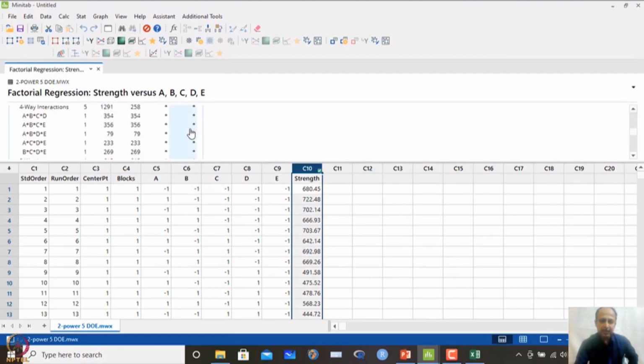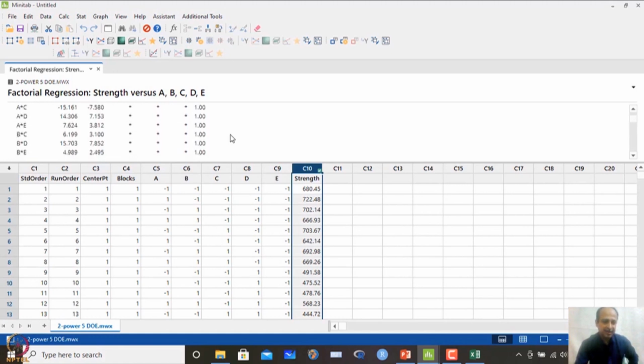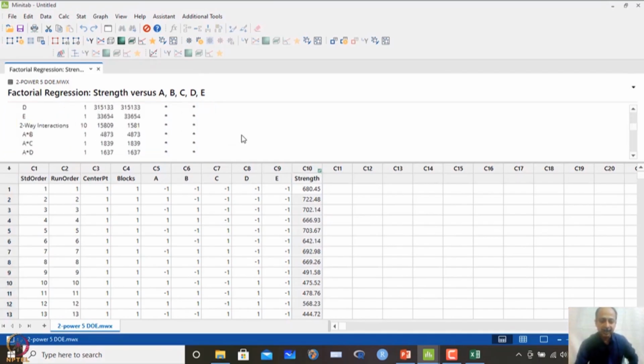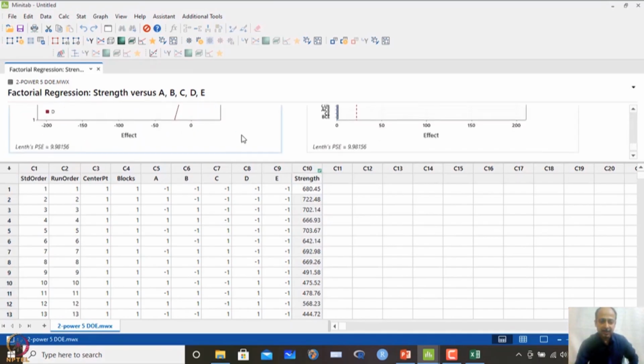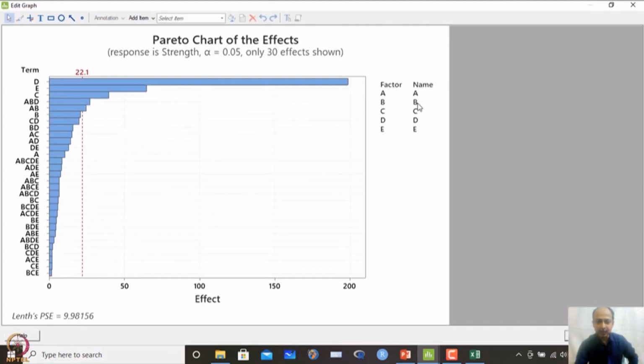Now, when we include the 5-factor interaction, that is A, B, C, D and E, we do not have the degrees of freedom that I mentioned, and that is why the ANOVA analysis will not show results; we have a single replicate and cannot do that. That is why it shows a star and no results. But my concern is to see the graphs. This is the Pareto plot. If you look at it, one third-level interaction is present, but otherwise it is